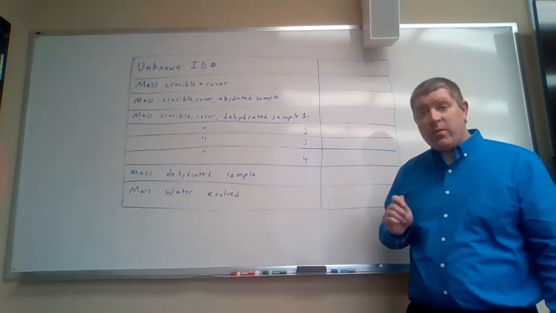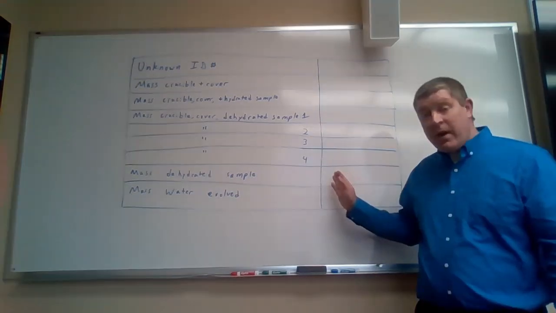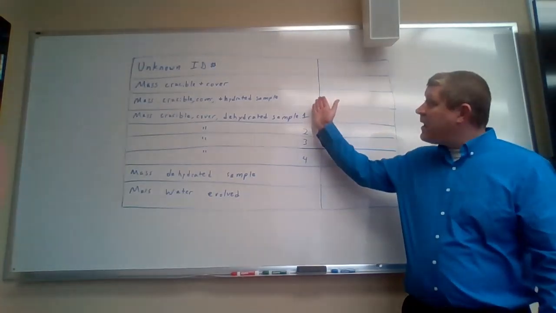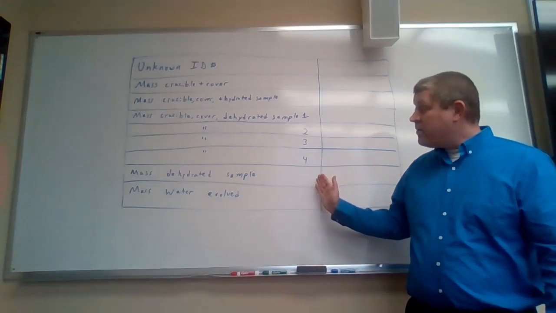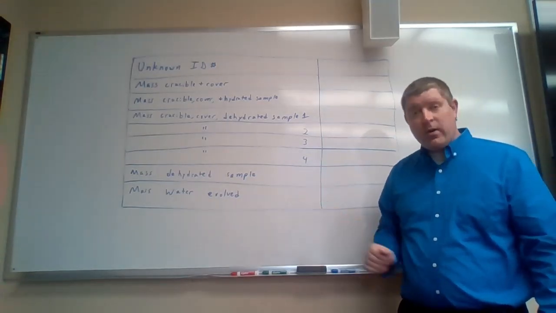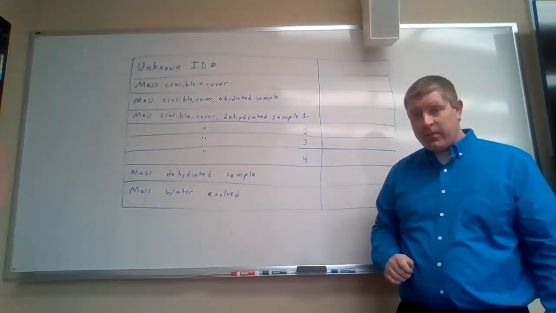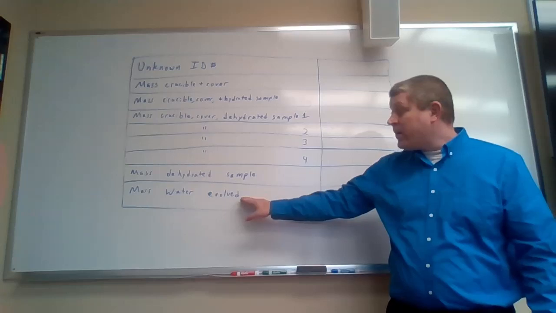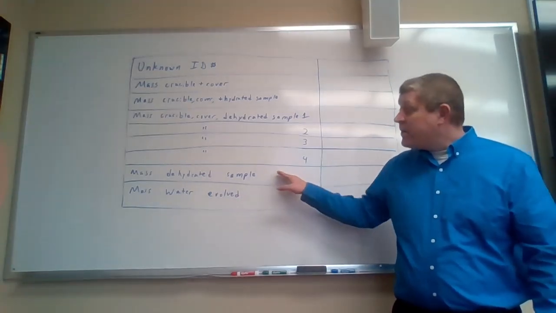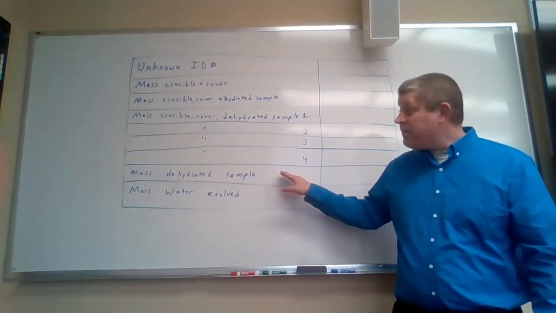And at that point, you can be relatively certain that you have driven out all of the water. You can then figure out the mass of the dehydrated sample. And then from there, if you know the mass of the hydrated sample and the mass of the dehydrated sample, you can figure out the mass of the water that was driven out by the heating. From those, you can then figure out the moles of water. And then from the mass of the dehydrated sample, if there's no water left, you can then figure out the